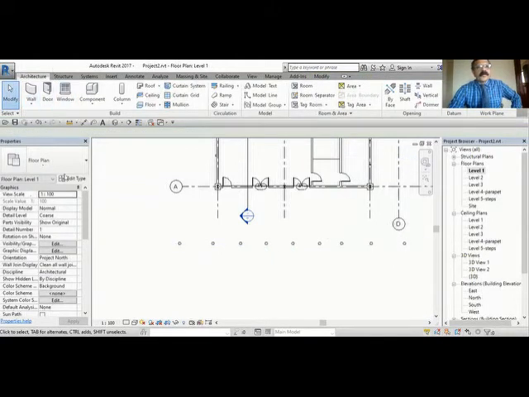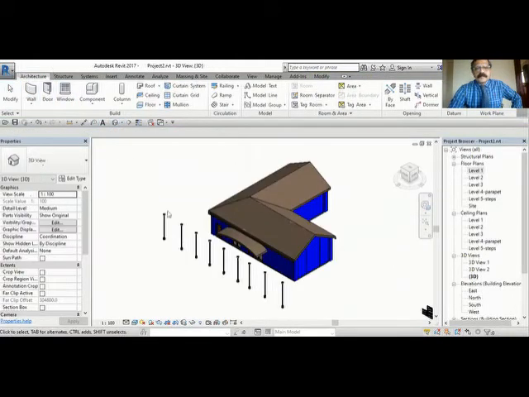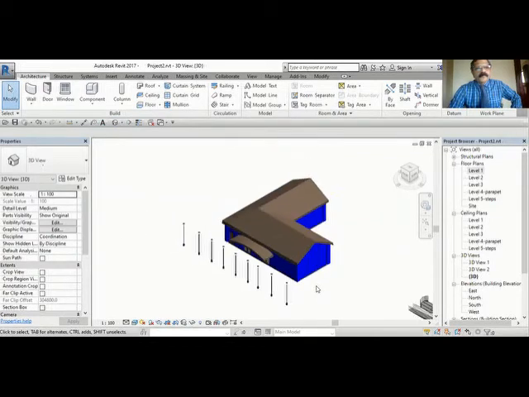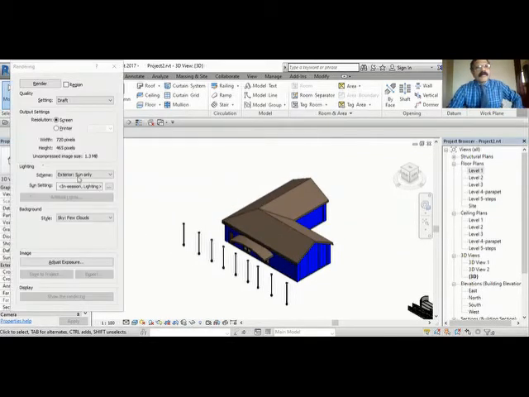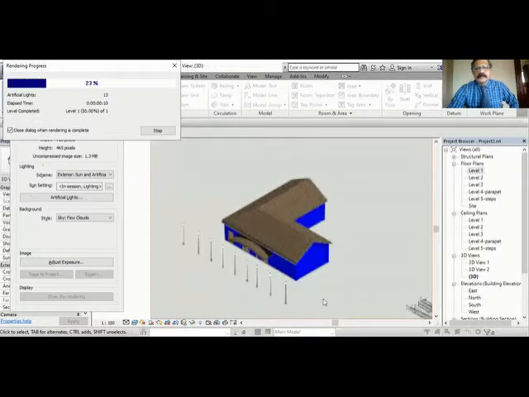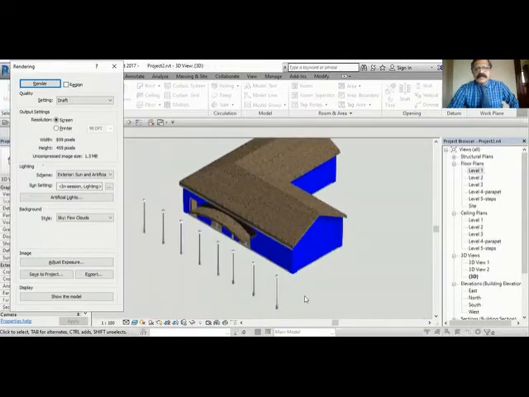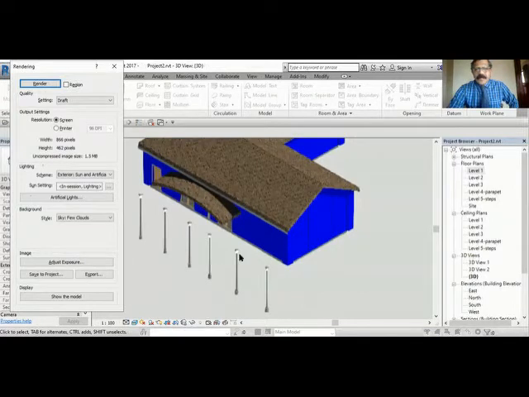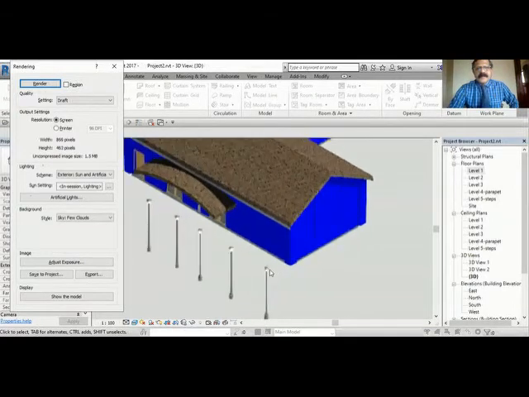Okay. Now we'll go to 3D view. So we have the street light here. Okay, now I'll go to rendering. And you can see here, instead of exterior sun only, we'll make exterior sun plus artificial light. We'll render this. So this is with the sun, because the sunlight is there, you will not see much effect of this artificial light. Okay, because sunlight is more.